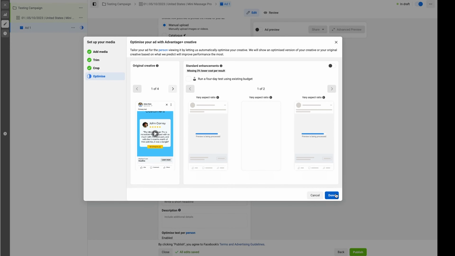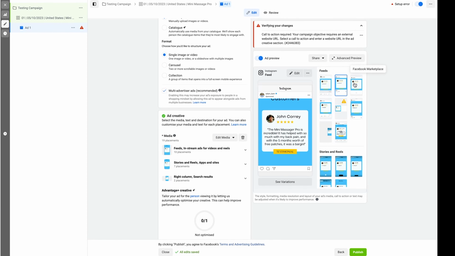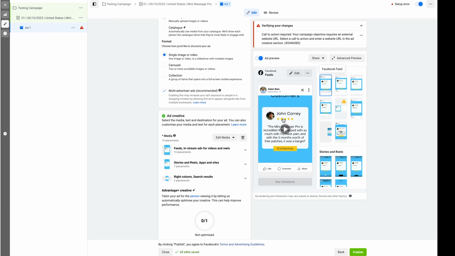But the best thing to find out if it's going to work for you is always test these different things. I then click next and done. You can then click over here and see what your ad will look like in the different placements. In this particular one, I wouldn't worry too much personally, because if someone gets hit by this and they click